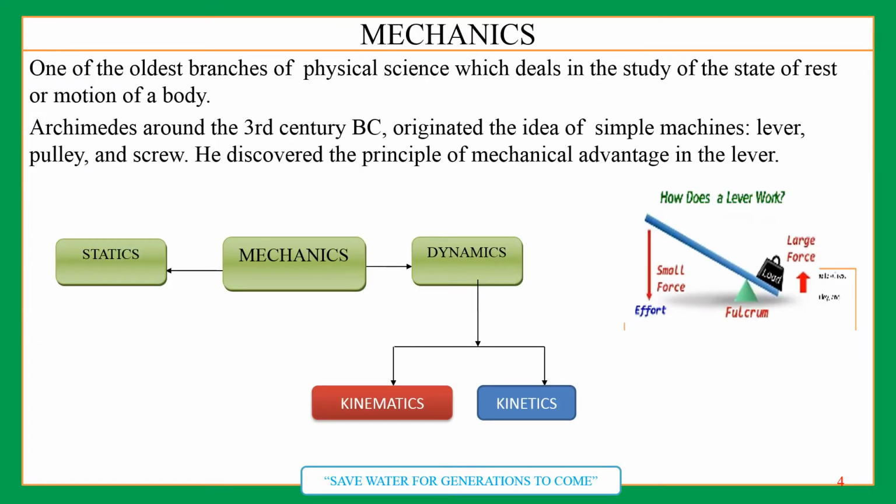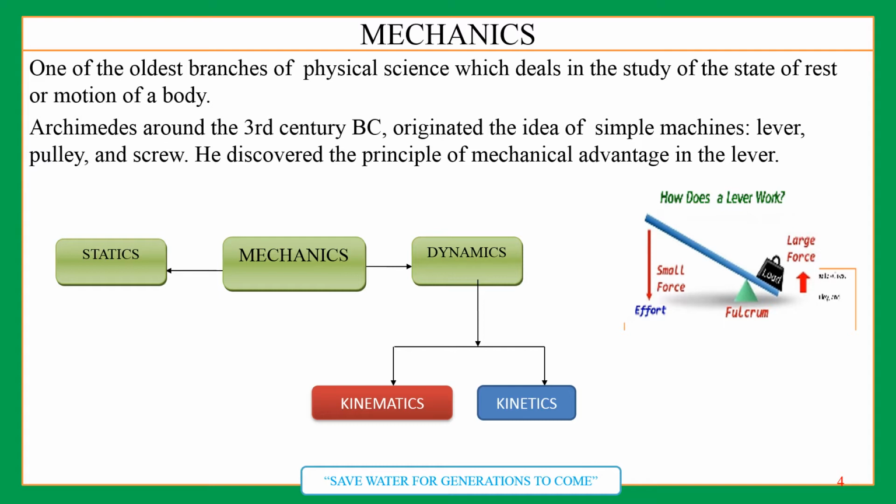Now, before starting chapter motion in class 9, we shall like to know what is mechanics. It is the oldest branch of physical science, which deals with the study of state of rest or motion of a body. Mechanics is the word from mechanic. Mechanic and mechanics deal with machines. Machines can be in the state of rest or in the state of motion. When your car breaks down, you take it to the mechanic. If your cycle is not working properly, you take it to the mechanic.